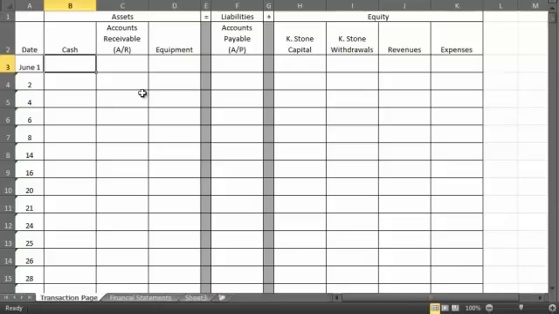Problem 1-8b is where we are analyzing transactions that have happened in a business, and then we are going to use those transactions to prepare our financial statements. We are also going to look at how each transaction is affecting whether it is an asset account, which is cash, accounts receivable, equipment, or is it affecting a liability account, and a liability is something that we owe but